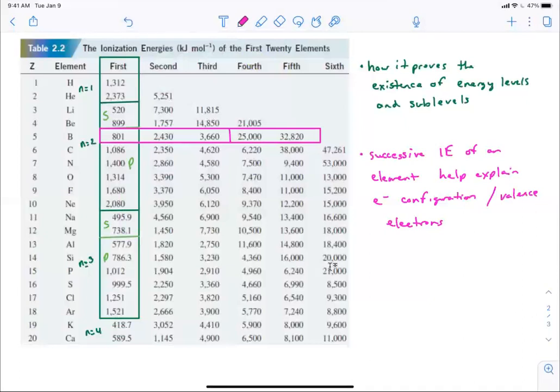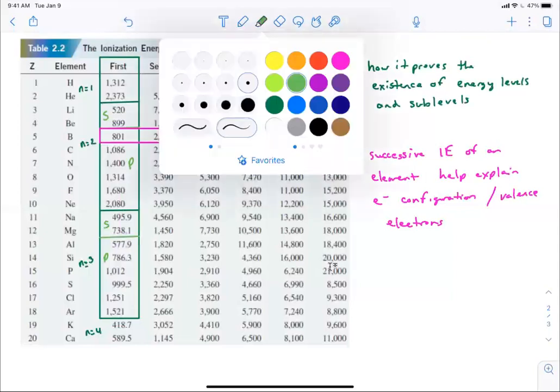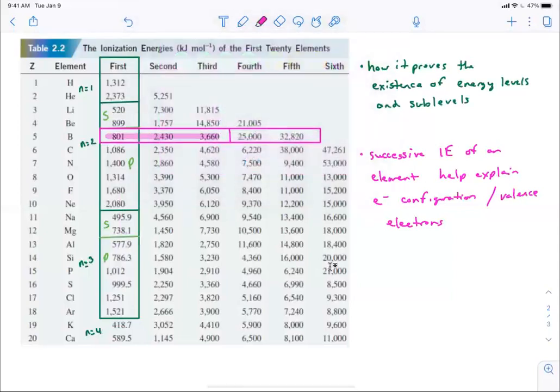And so you see here, boron has the biggest jump from 3,660 to 25,000, which means the fourth electron is in a different energy level than the third electron. And so what that tells us is that boron has 3 valence electrons, and that's what you're using that information to do. And so when you look at successive ionization energies, you're looking at, how do I explain how many valence electrons there are? Because I should see a big jump after having lost the last electron in that energy level,